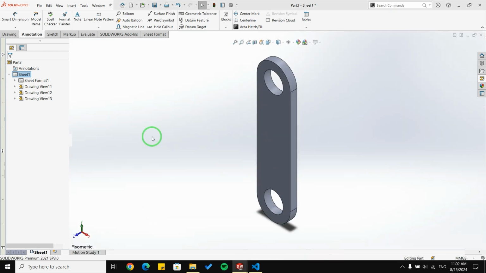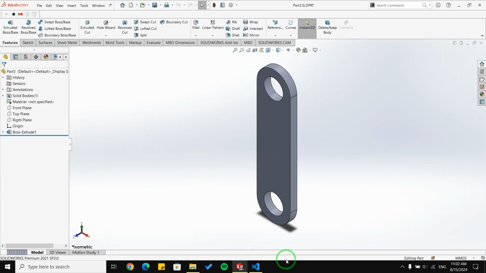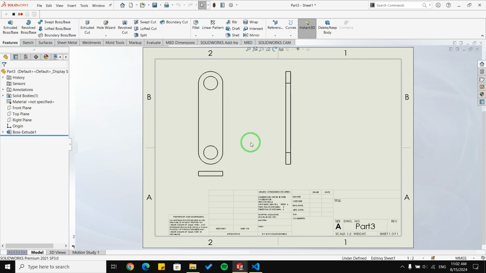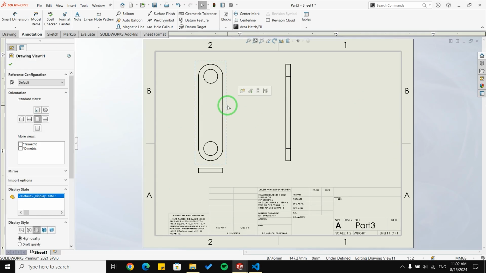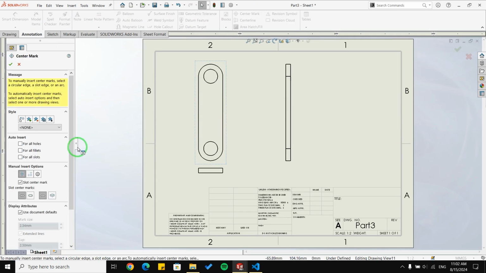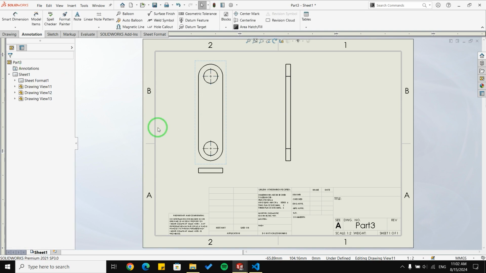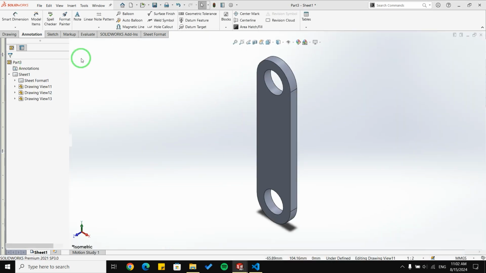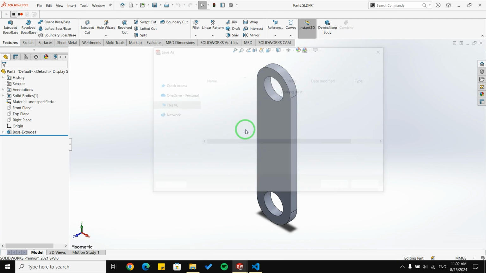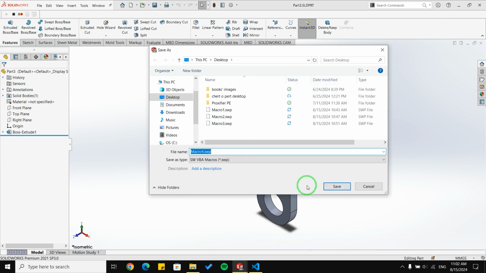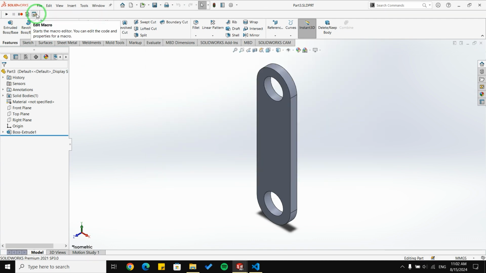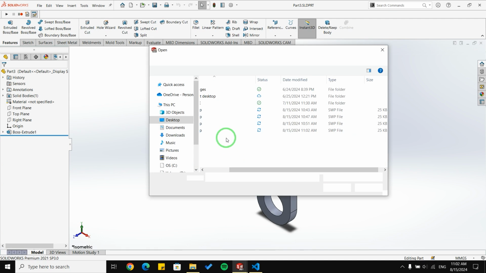I'm going to use macro. I'm going to start the macro first, click the view I want, click center mark for all holes, and at the last, click OK. I'm going to stop the macro, save it, and open it.